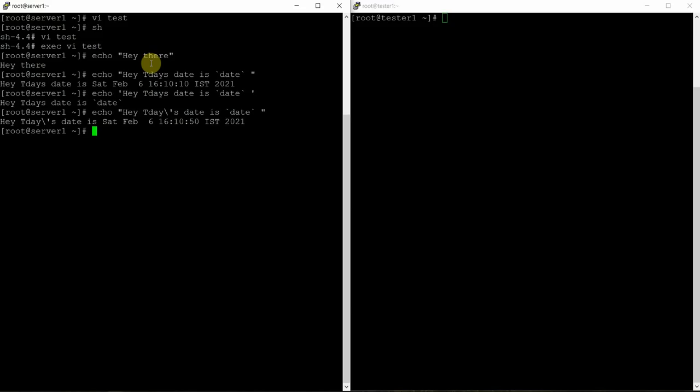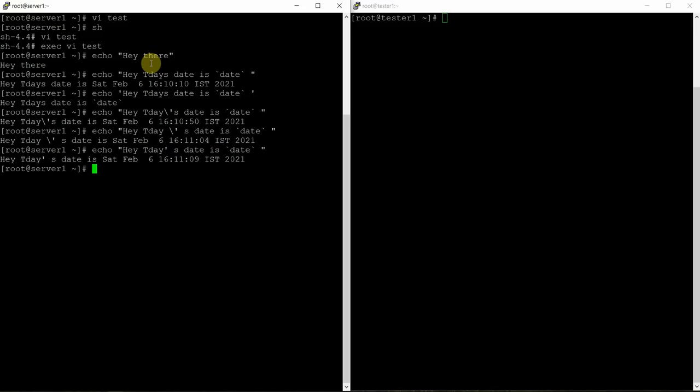In this case, today's date is displayed as is. You can see back quote is displayed here, and it has not been processed. Even if you put it into double quote, it is escaped. It is not processed. So this backslash is also used for line spacing.